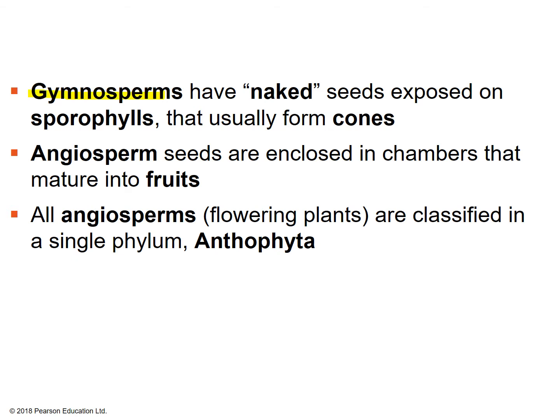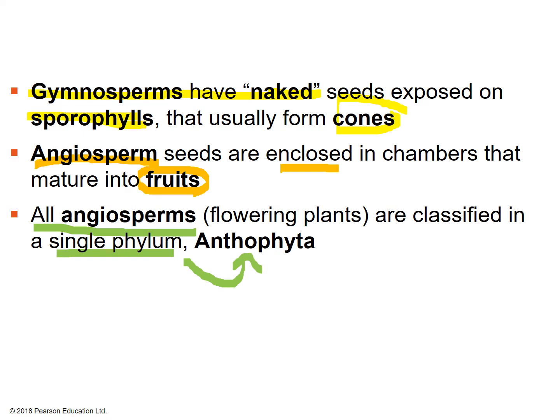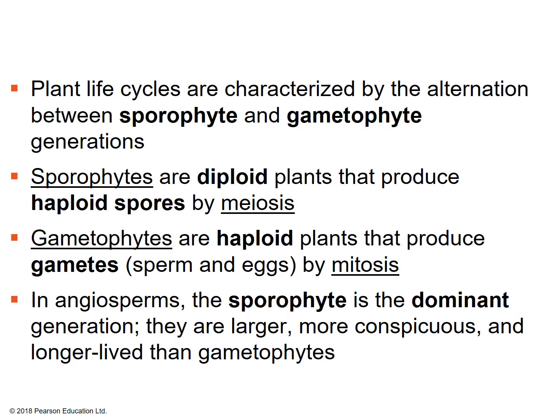Recall that gymnosperms have naked seeds exposed on sporophylls that usually form cones. Angiosperm seeds are enclosed in chambers that mature into fruits. All angiosperms, or the flowering plants, are classified in a single phylum called Anthophyta. Anthos means flower, phyta means plant. The life cycle of an angiosperm is a highly refined version of the alternation of generations